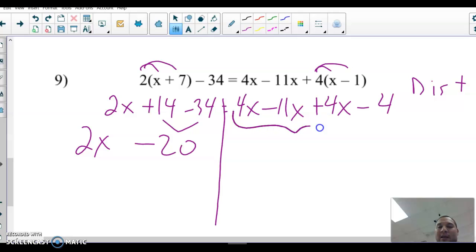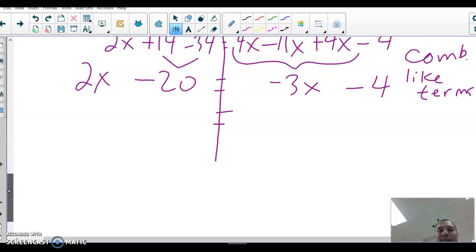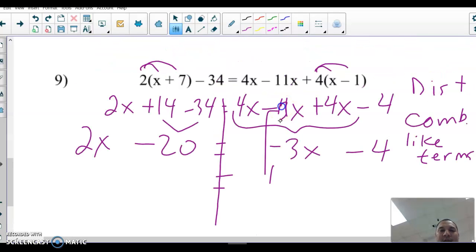4x, take away 11x, plus 4x is going to be -3x minus 4. So I'm just combining like terms. Now, let's go ahead and move things from one side to the other, like we've been doing so far. I'm going to keep my variables positive, so I'm going to add,